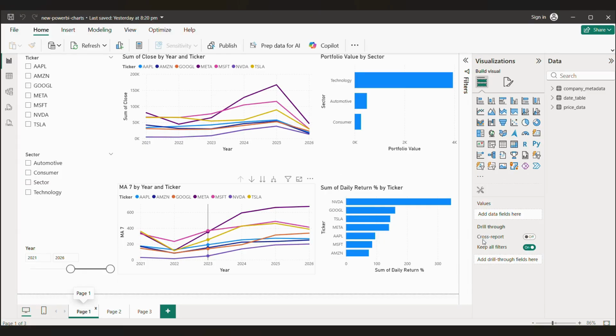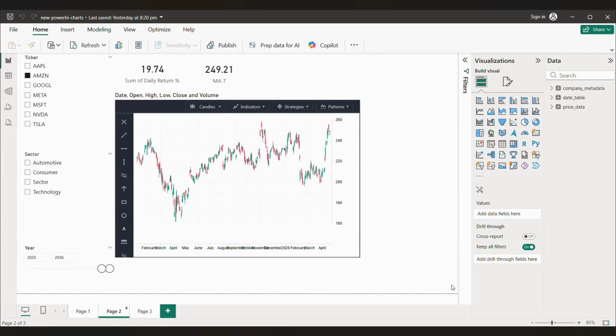Then, lastly, on this page comes the sum of daily return by stock. This gives us an immediate performance scorecard. It highlights which tickers are pulling the most weight in terms of percentage gains, helping us identify our top performing assets instantly. Coming to the second page of the dashboard,